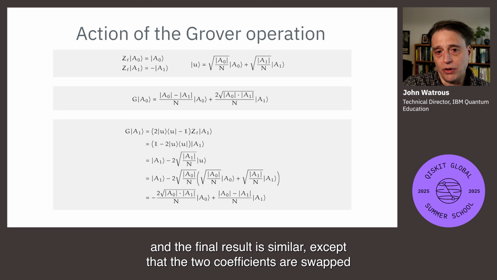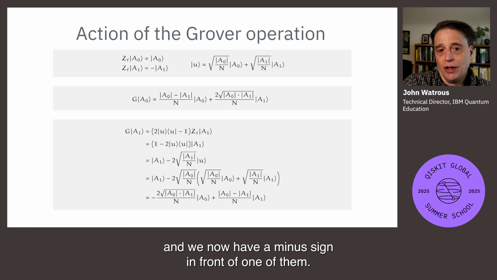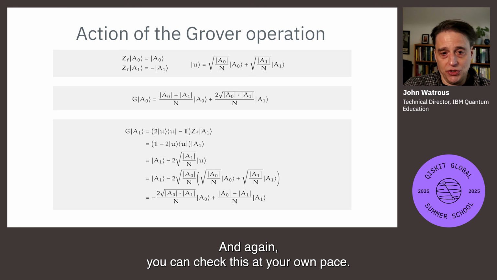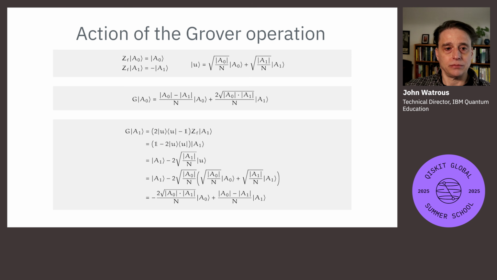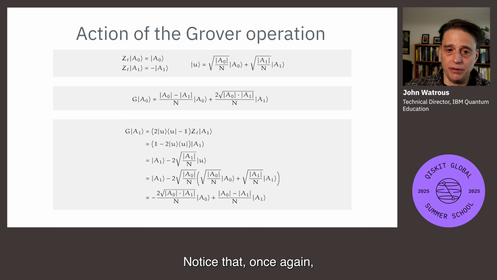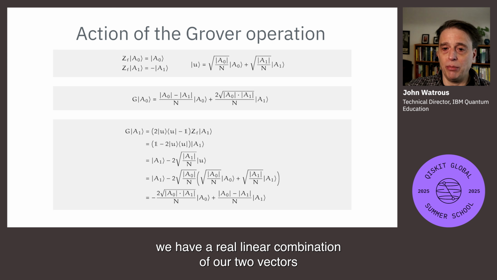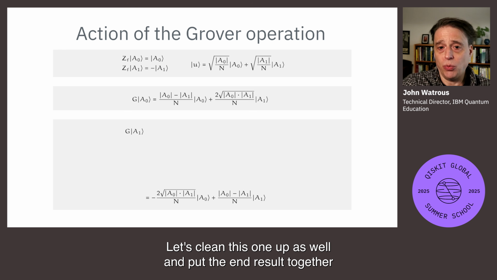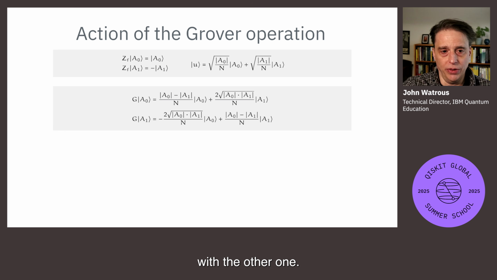And the final result is similar, except that the two coefficients are swapped, and we now have a minus sign in front of one of them, and that's just how the algebra works out, and again, you can check this at your own pace. Notice that, once again, we have a real linear combination of our two vectors, ket A0 and ket A1. Let's clean this one up as well and put the end result together with the other one,